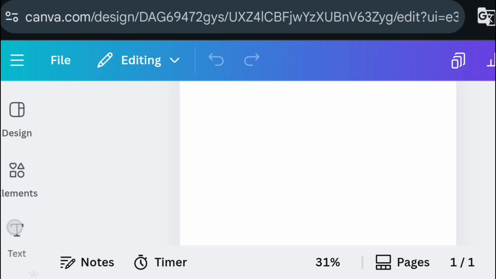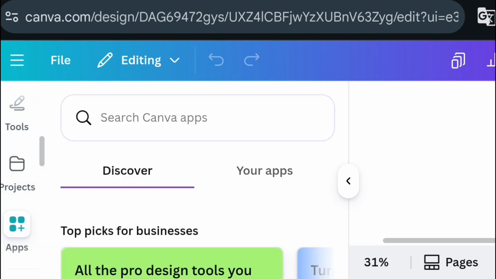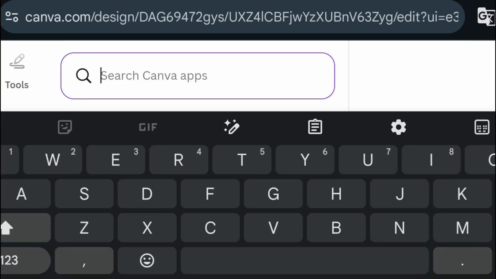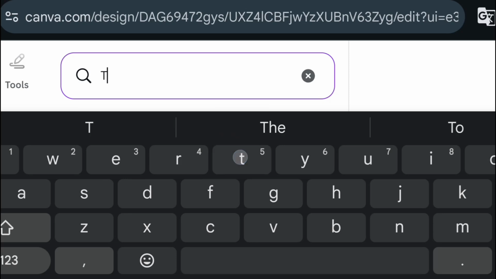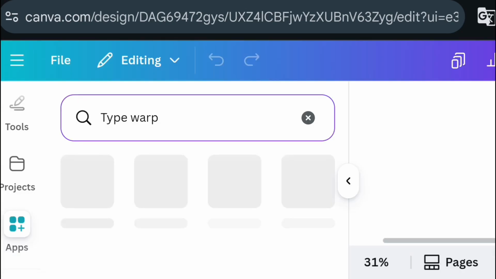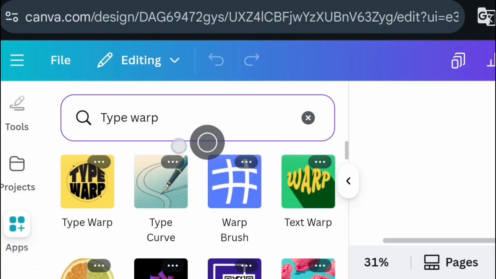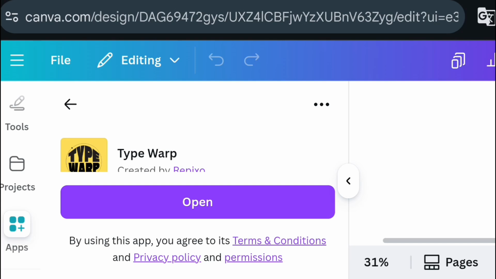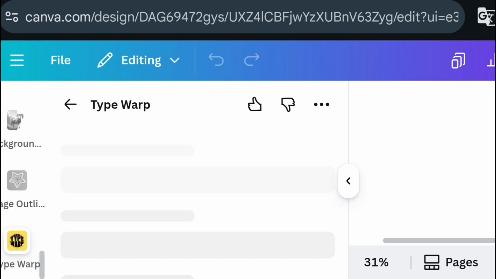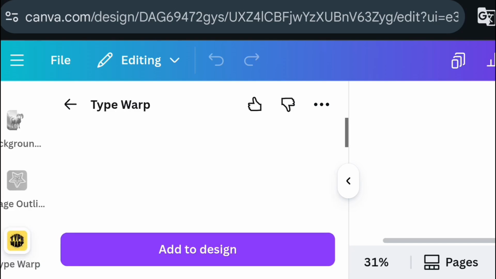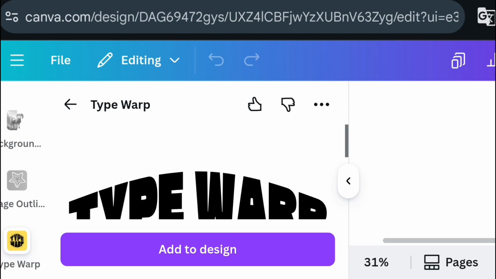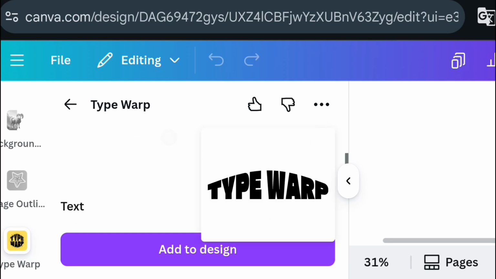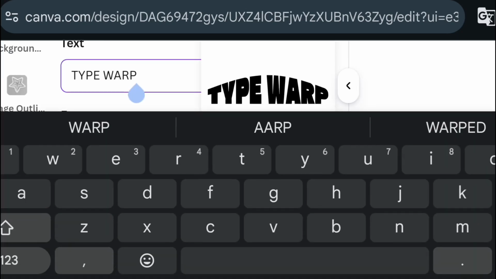And then next, just tap on apps. Just go to apps and then search for the type word like this. Choose this app and then just open it like this, and then next just type your text,